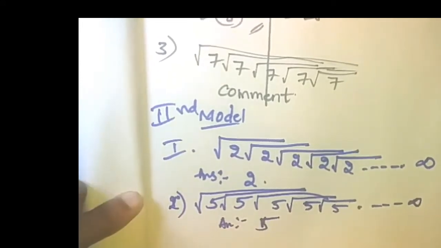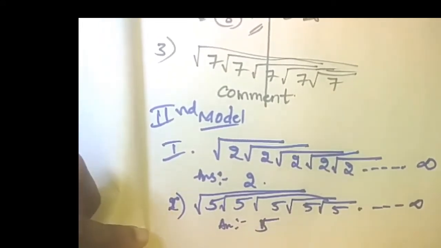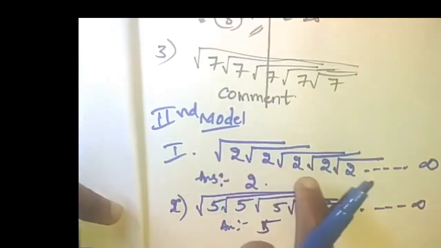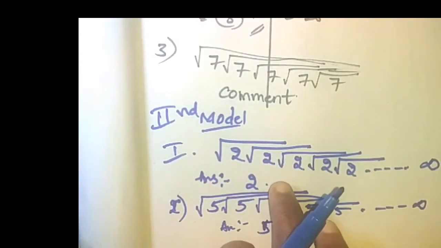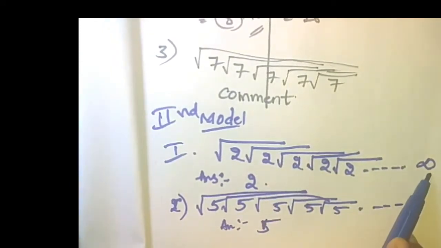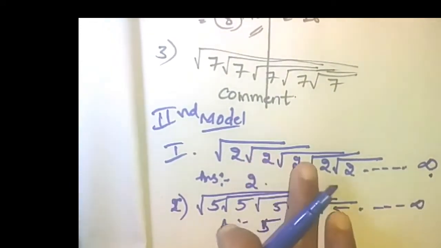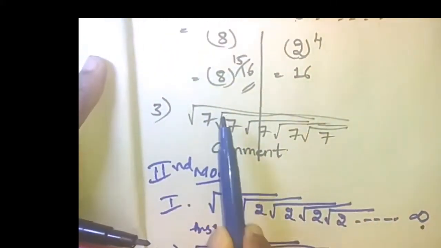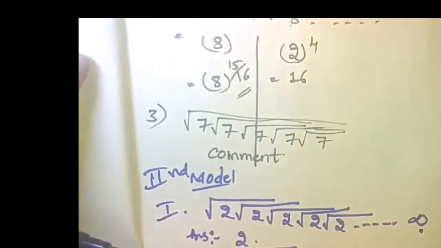Okay, so now usually we will get confused between these two methods. So don't get confused. Here, when a number is under root and it ends with infinity, we will get the answer which is under root. And here it's not like that. Here we have to solve in this particular method.